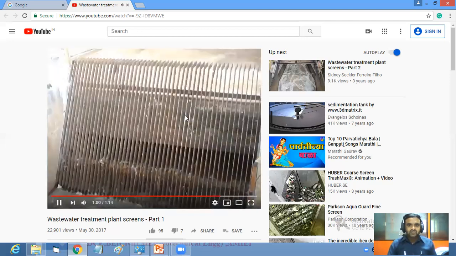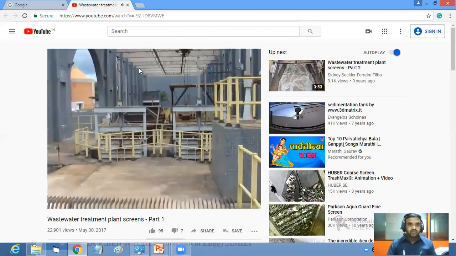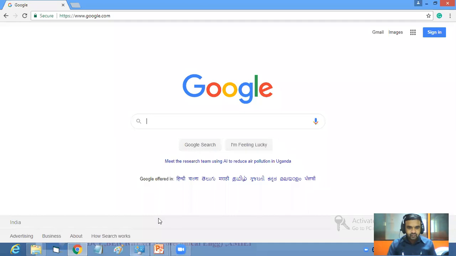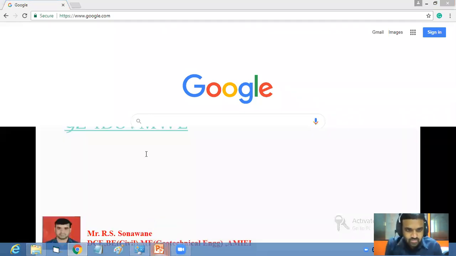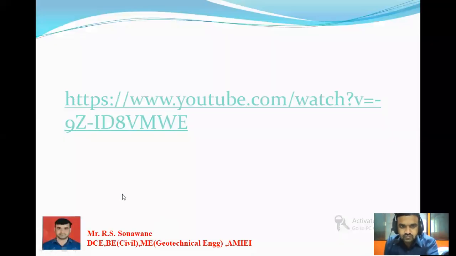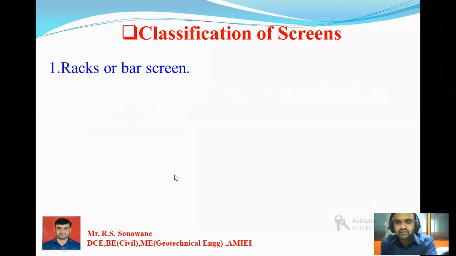So this is about a screen chamber. Actual screen chambers are provided in a sewage water treatment plant. I shared this link to show exactly what a screen chamber is in a sewage treatment plant.